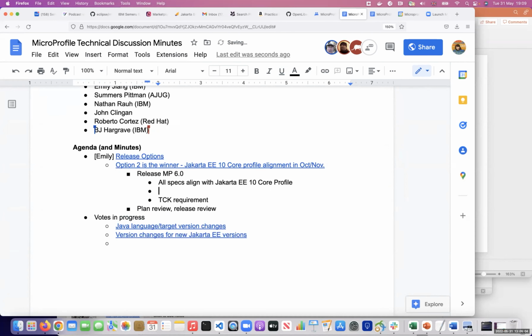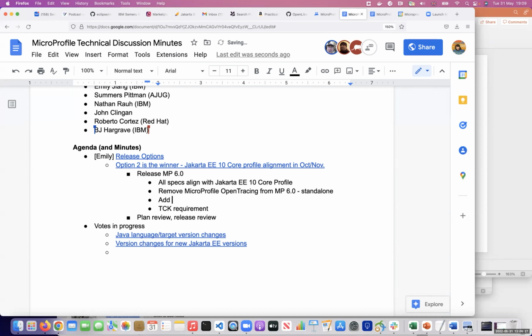Also, we are going to remove MicroProfile OpenTracing from the platform, from MicroProfile 6, which means it becomes standalone. And we will also add MicroProfile Telemetry.